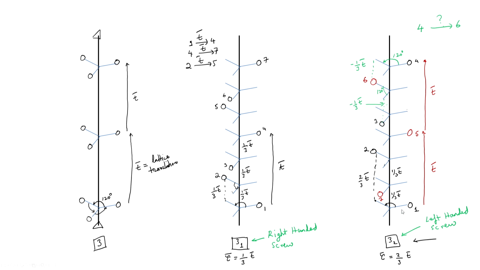Now, consider a screw axis with four-fold rotation, 90-degree rotation. Again, I will first draw the pure four-fold. Motif, you rotate by 90 degrees, another 90 degrees, another 90 degrees, and then translate through lattice translation. So, this is my pattern for the four-fold rotation symmetry, where T is the lattice translation.